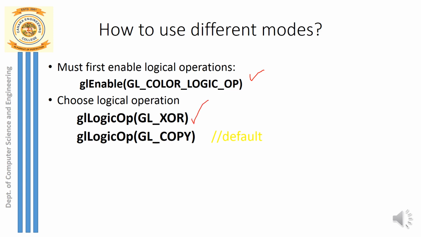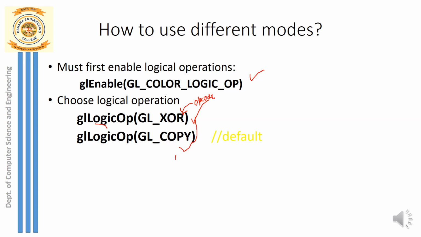You can use the mode by calling the OpenGL function glLogicOp. glLogicOp is the OpenGL function which you call by passing a proper mode. So if I want to make use of XOR mode, I can pass the constant GL_XOR. I call this an opcode. We have several opcodes if you want to use the logic operations. One such opcode is GL_XOR. One more such opcode is GL_COPY. So we have several such opcodes in OpenGL.